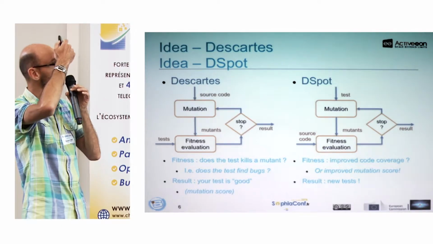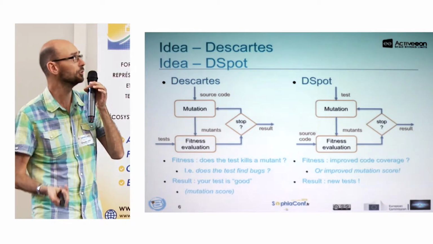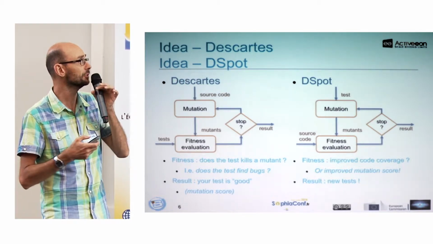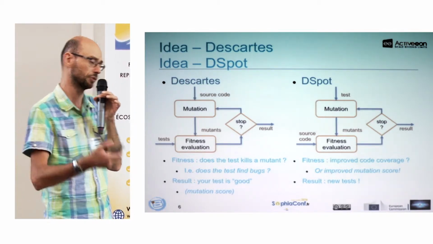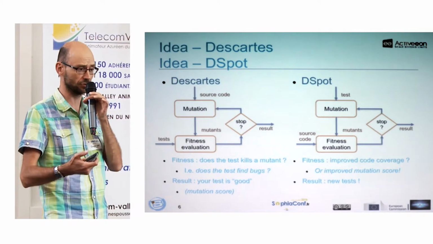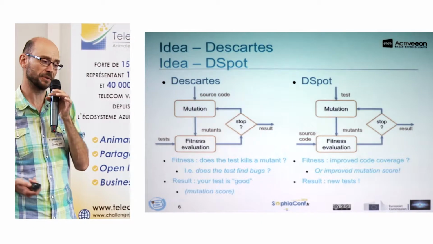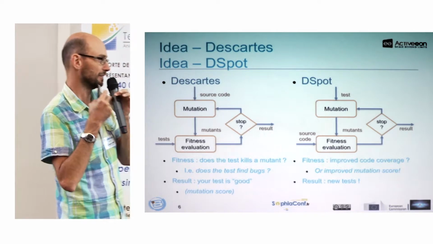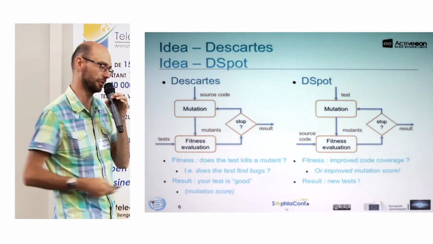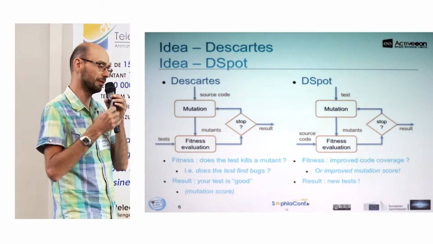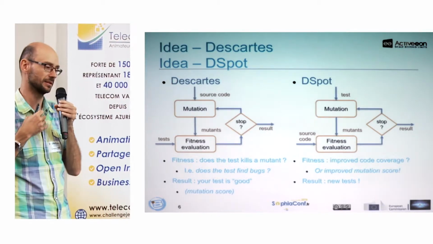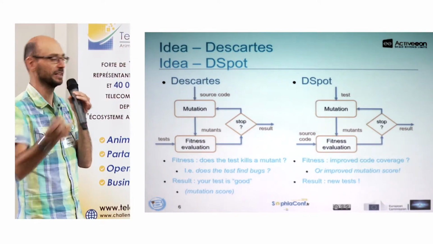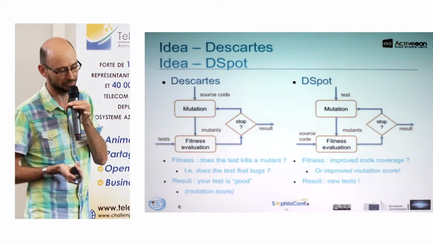And for DSpot, it's the reverse. You take the test, you mutate your test, and you evaluate if you improve your code coverage, or even your mutation score. And then you obtain new tests. Of course, this mutation must be a bit smarter than the brute force approach, because you have to add things in your test, like detecting an exception, or something a bit smarter than removing the whole body of your test. That will not be very efficient, of course,